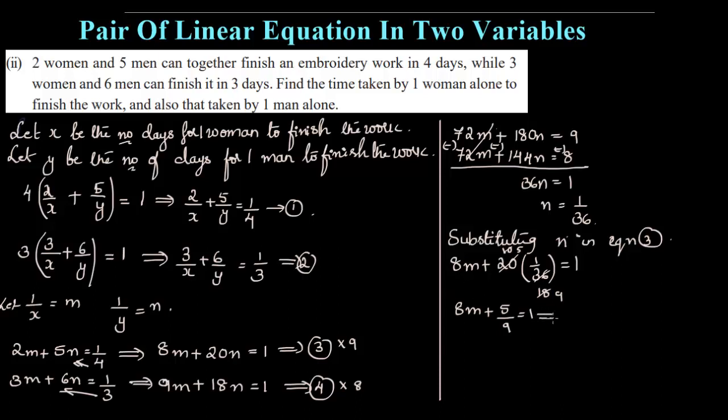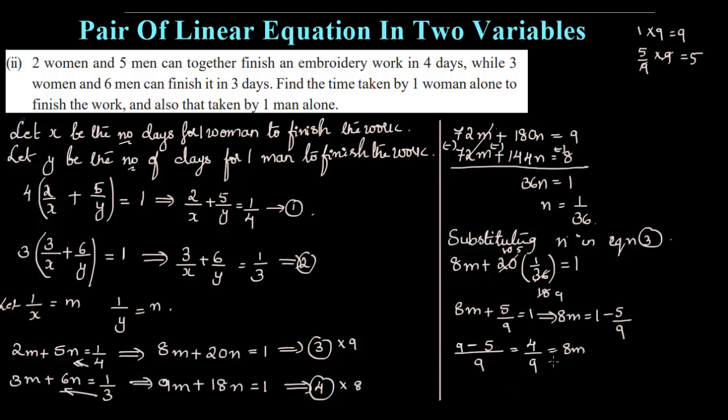So now let us keep m this side only, and remaining will shift 5 by 9 to this side, so it will become negative. Now taking the LCM as 9, and the first fraction you have 1 by 1. 1 is nothing but 1 by 1, right? So 1 by 1 into 9, which is equal to 9. Here you have 9 minus the second number, you have 5 by 9. So 5 by 9 into 9, it will get cancelled. You are remaining with 5. So here, what are you going to get? 4 by 9.